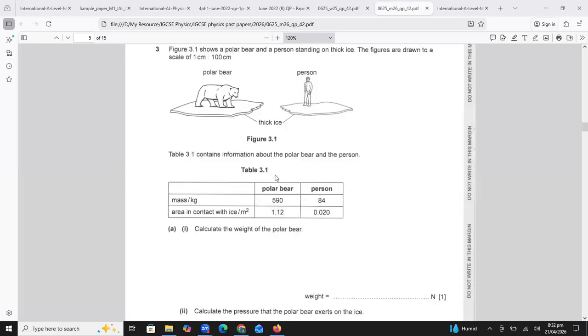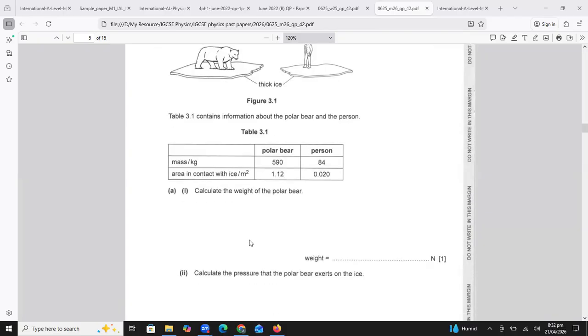Now they are saying table 3.1 contains information about the polar bear and the person. Mass of the polar bear and person is given, area of contact with the ice is given. Now they are asking to calculate the weight of the polar bear. So it's a very easy question, students. What is the formula of weight, students? W is equals to